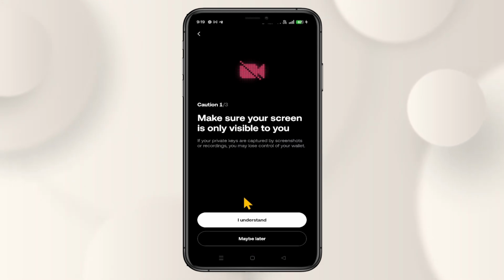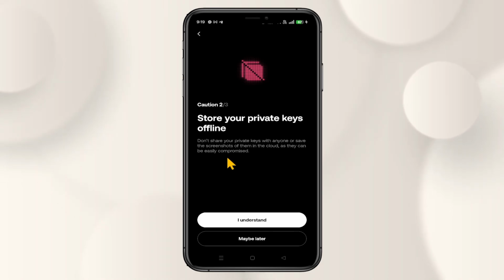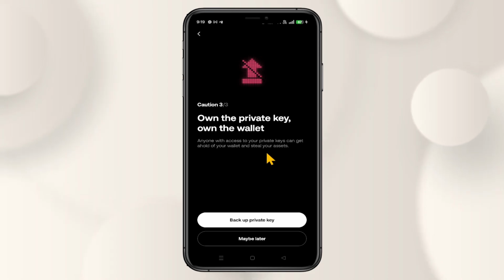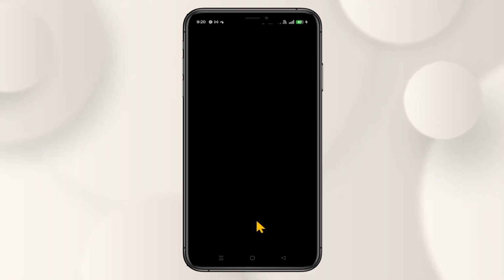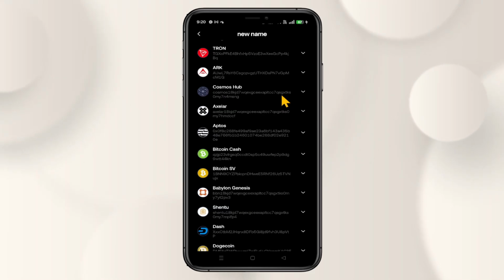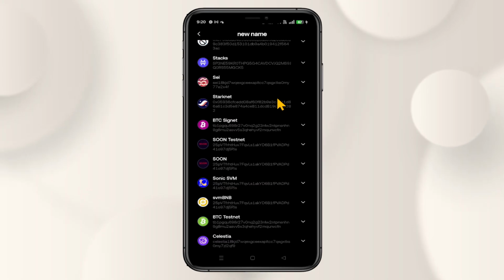You will now see the warnings to not share the screen with anyone else. You will also be told to store your private key offline for security. After proceeding with both of the warnings, by tapping on the I understand button, you can now tap on Backup Private Key. Just provide your biometrics and now you can view the private key for the various different cryptocurrencies by